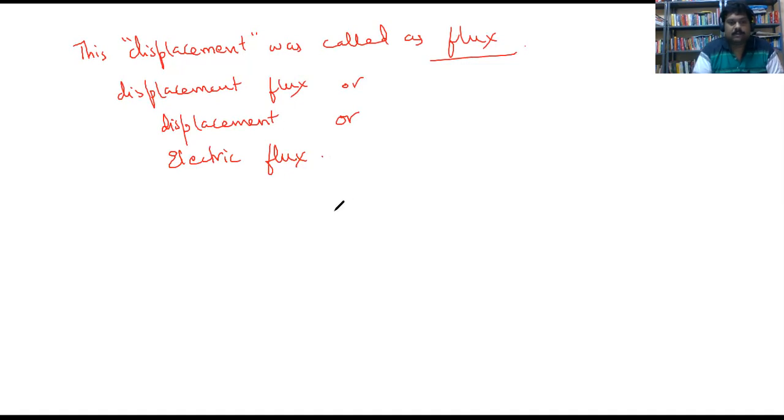So that displacement: plus q inside, suddenly you get a charge of minus q outside, but with the same strength. So if you have plus 10 coulombs on the inner sphere, you get minus 10 coulombs on the outer sphere. Okay. Now this electric flux was observed as lines of force. So if we have two charges, let us say q and minus q, what will happen? You get lines of force like this.